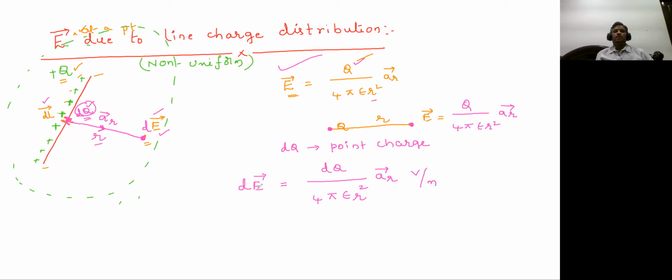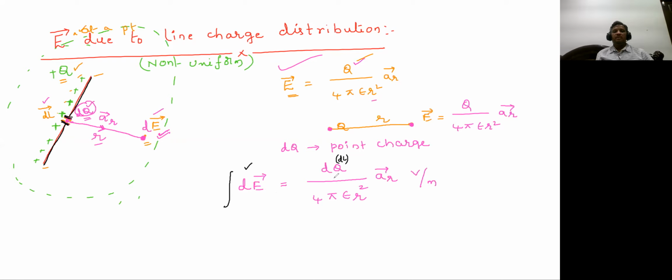But the question here is, you want the total electric field intensity. So total electric field intensity means you have to extend this small differential length to the entire length, and that will be possible only by taking line integration. So by taking line integration on both sides, you can get the total electric field intensity. But to take line integral on this side, we should have dl here, then only you can take line integration. So if you observe, it is dq, so you cannot take it.